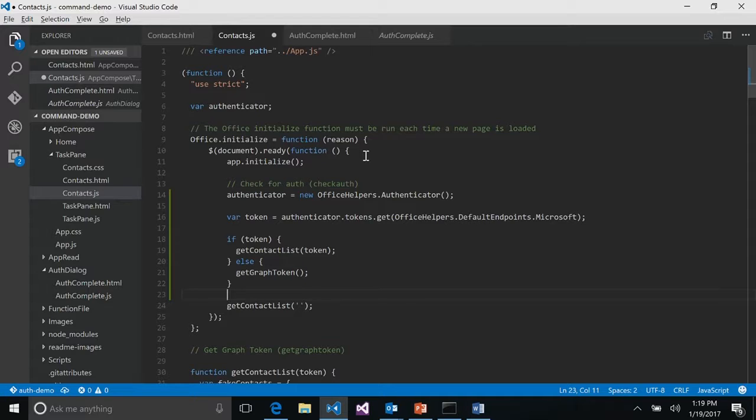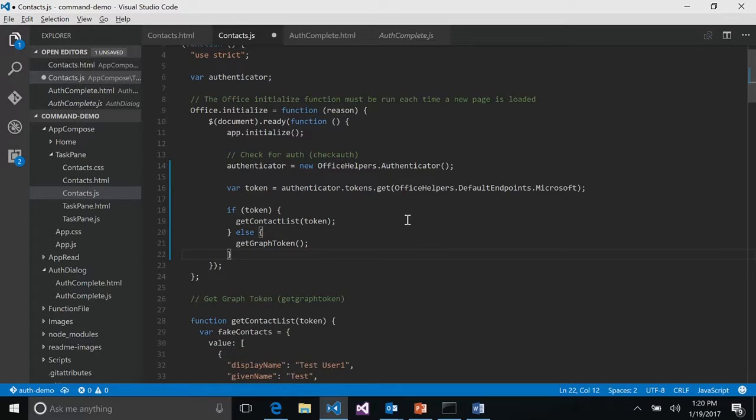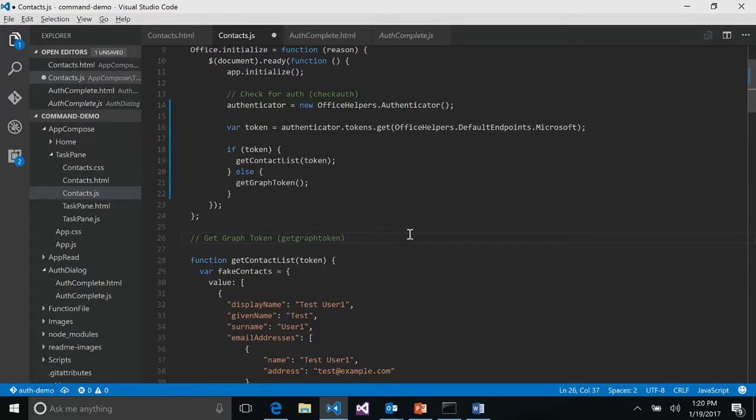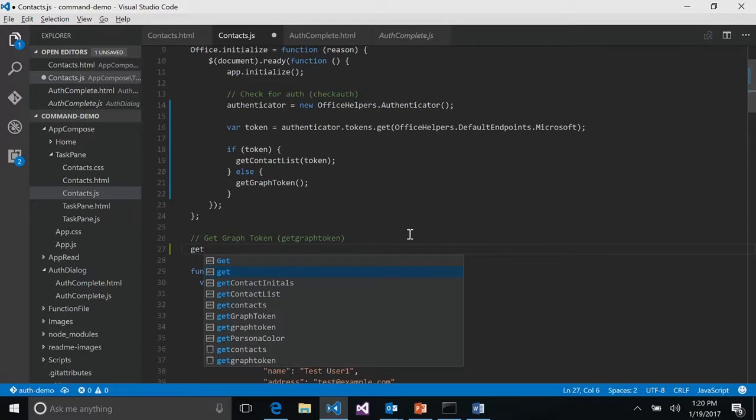And then this tells me that I'm looking for a token back to a Microsoft account, which is the Outlook.com Microsoft account. If I've got a token, then let's go ahead and get the contact list, else let's execute this function to go ahead and do the auth. So take out this placeholder. Okay, that's done. Now we need that get graph token function. Let's see what that looks like.